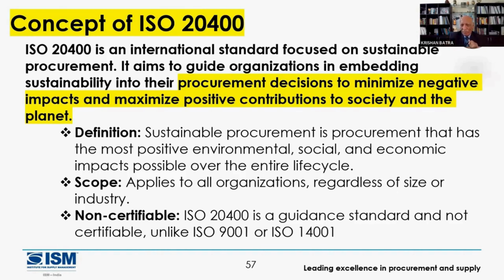9,001, you get a certificate. Guys, we are certified by 9,001 through an auditor. ISO auditors around 14,001, again auditable. 20,400 is a simple process. It's just a guide. So you could obviously say that, guys, we are complying with it, we are the champions, we have gone through these trainings, and we are complying with ISO 20,400. So as a compliance part, certainly you can write that down.